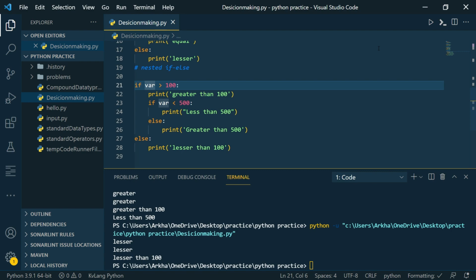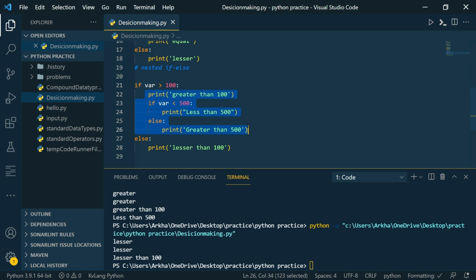I hope nested if else was also clear. And again, we are just understanding the control flow of these statements. We are not actually doing examples. We will do examples in our next video. And again, the indentation is really important.